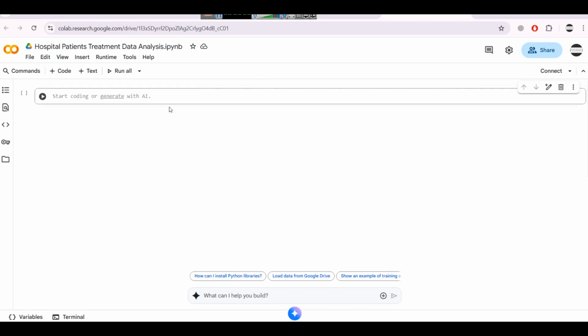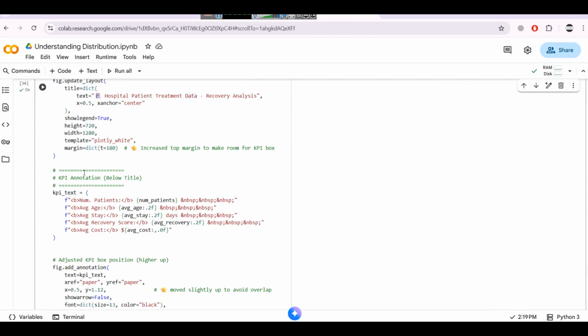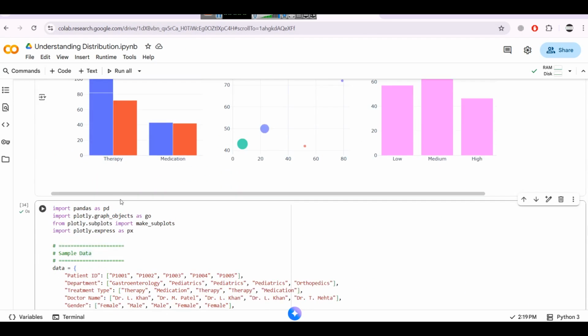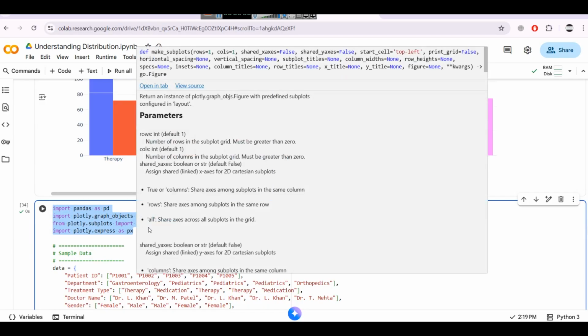So to get it started, first we will create a Google Colab notebook. In Google Colab, open a new notebook and import the necessary libraries. Libraries that we are going to use in this project are pandas, plotly.graph_objects as go,